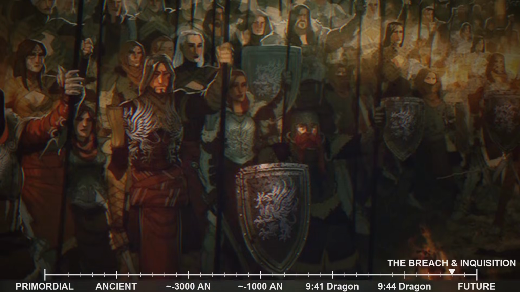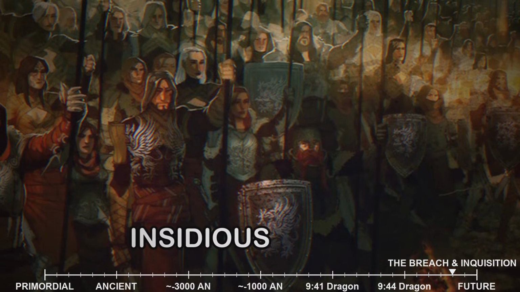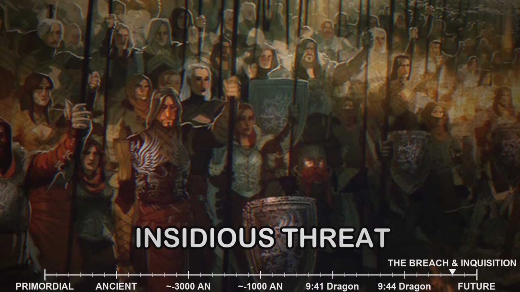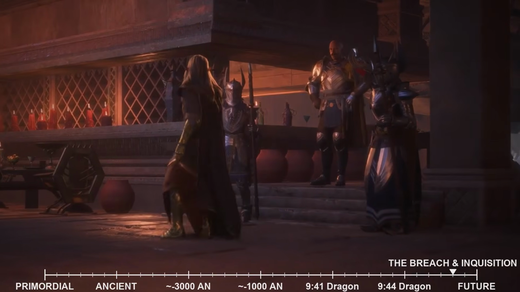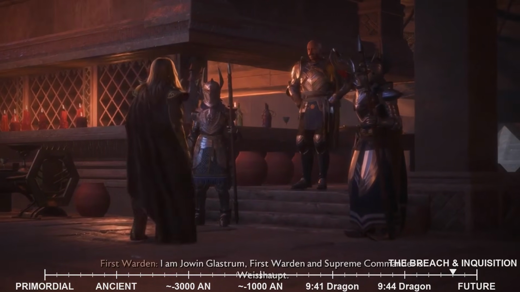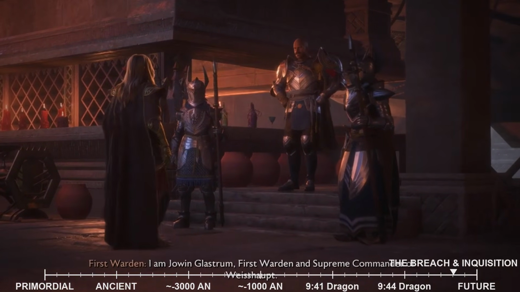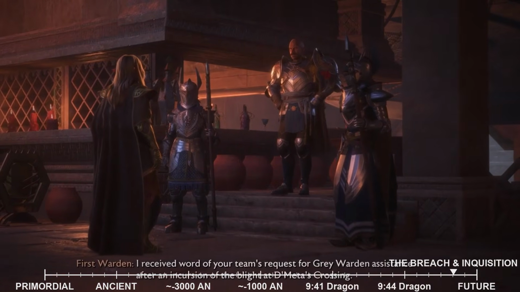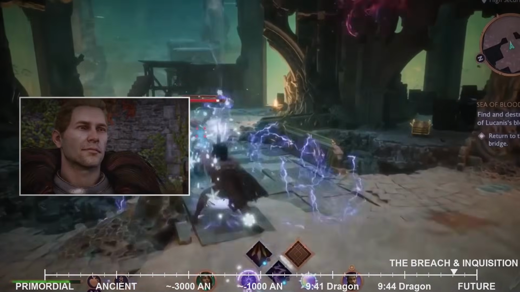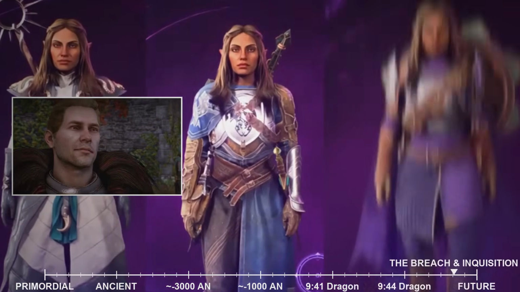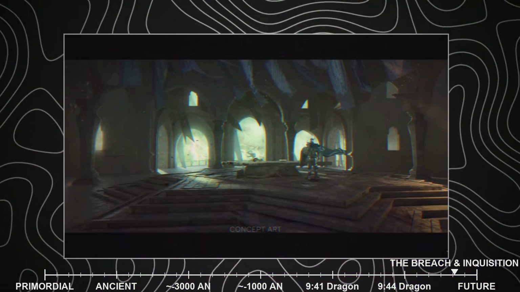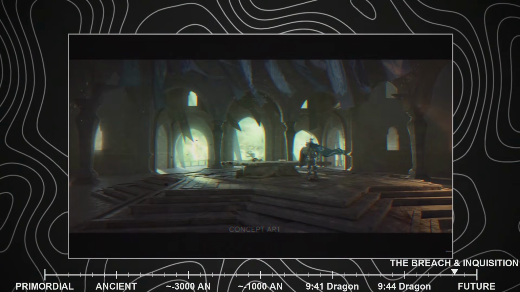During these perilous expeditions, a far more insidious threat emerged, one that struck at the very heart of the Inquisition's allies, the Grey Wardens. Reports began to surface of Grey Wardens across Thedas exhibiting strange, erratic behavior, hearing voices, and acting with uncharacteristic aggression. The Inquisition's investigations, often spearheaded by advisors like Cullen Rutherford, the former Templar commander, revealed a horrifying truth. Corypheus, through his dark influence, had twisted the Grey Wardens' sacred calling.